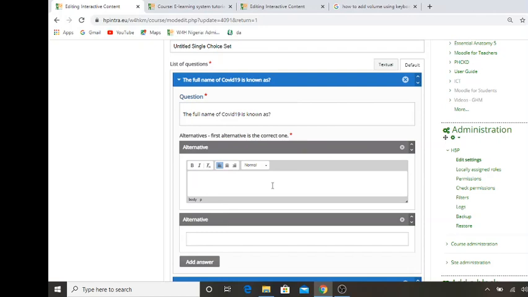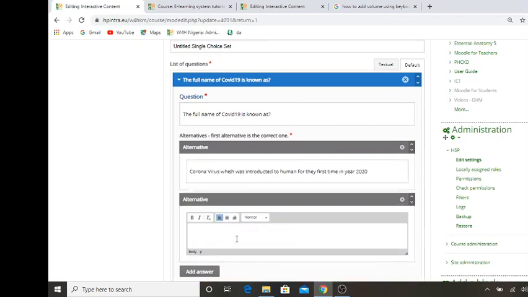So I'm going to put the correct answer, known as coronavirus, which was introduced to human for the first time in year 2020. Okay, so now let me put a second alternative. Is known as